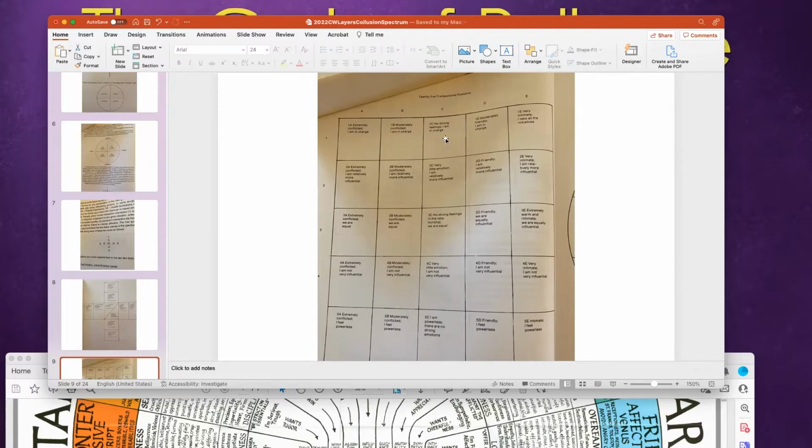So what if instead of being a 2C, these were C, C, C, C, C, and all these were 3, 3, 3, 3, 3. Well, what if I'm a 2D? What if I'm a 1A? What if I'm a whatever? And so he basically created 25 stopping points, 25 squares around which you could look at what might be going